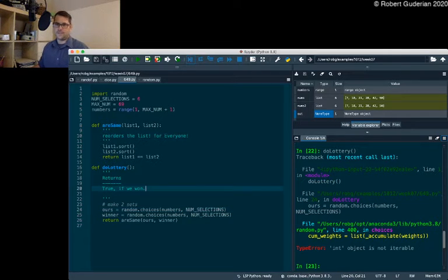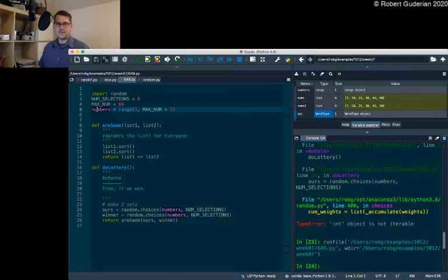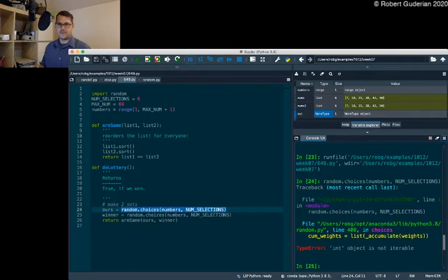You get to see me debug something. I wonder if it's unhappy about the range thing. Let's try this again. I had tried this on the side to make sure that it would work. Let's just copy this. Which one does it think is an int? Oh,